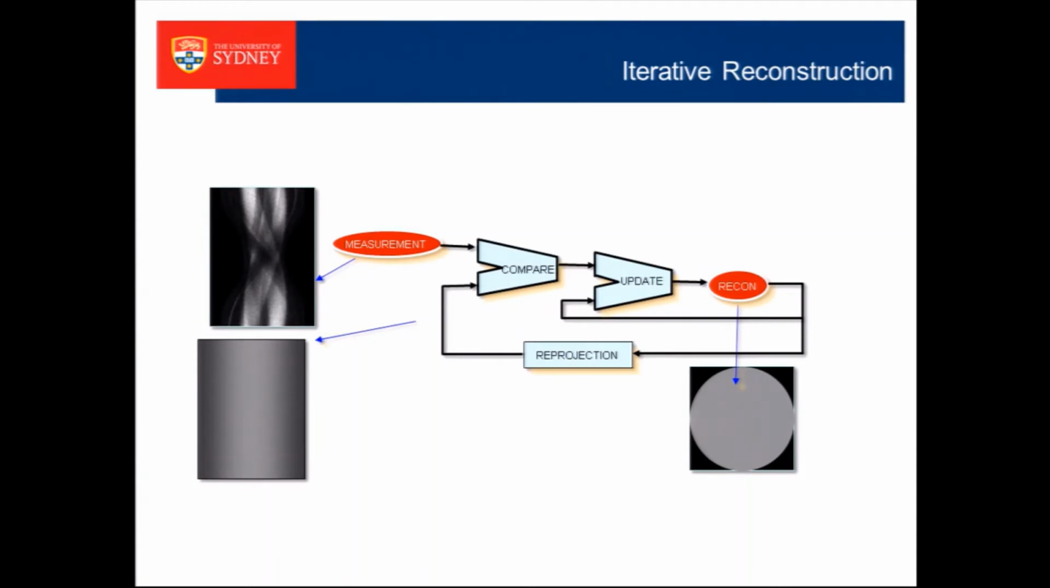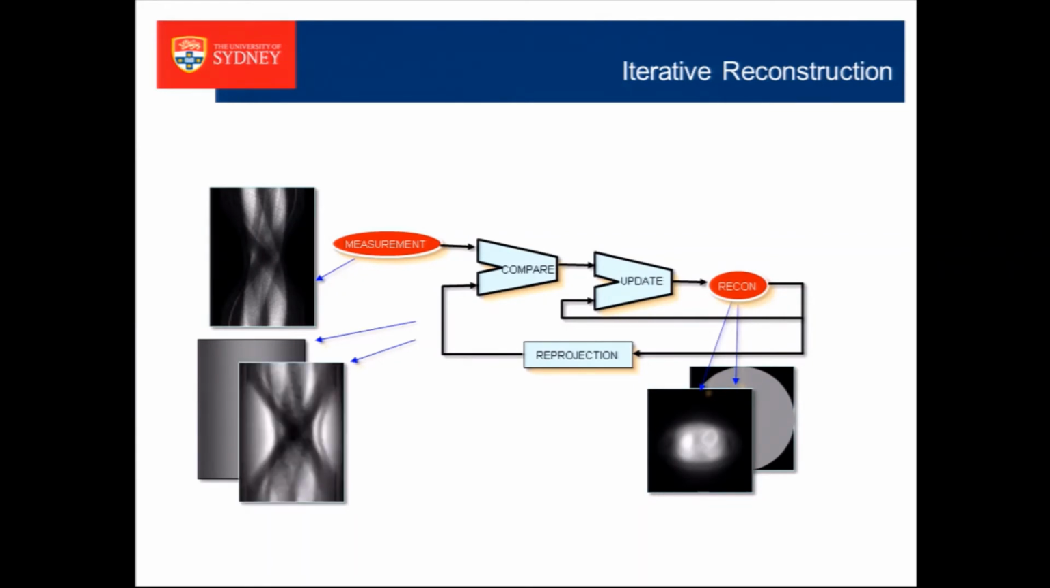The next step is to compare those predicted projections with the measured ones by taking their ratio, and then we update the estimate of the object. You can see that now we have something that's no longer uniform. We again forward project that updated reconstruction and obtain an updated set of projections. Again, we compare them with the measured projections, and I think you can see what's happening as we proceed around this iterative loop. We progressively improve the estimate of the object that we're trying to reconstruct,